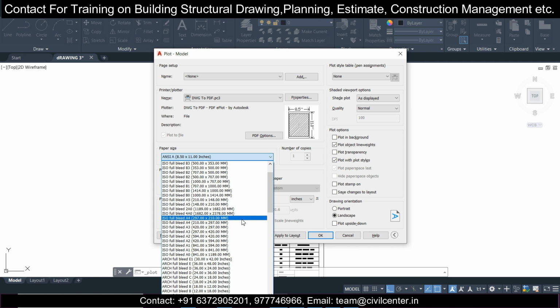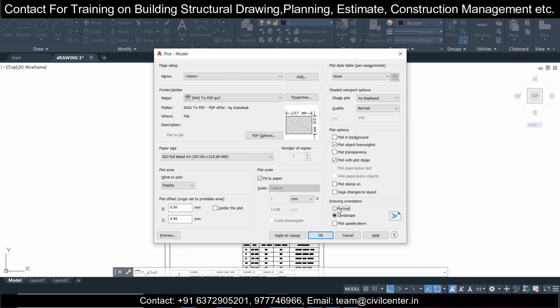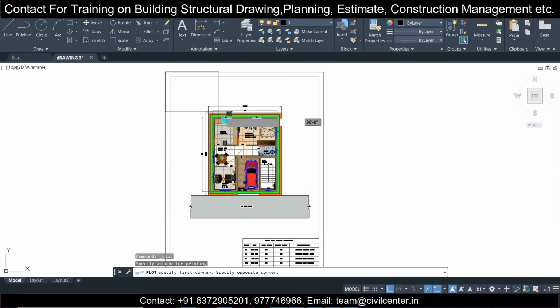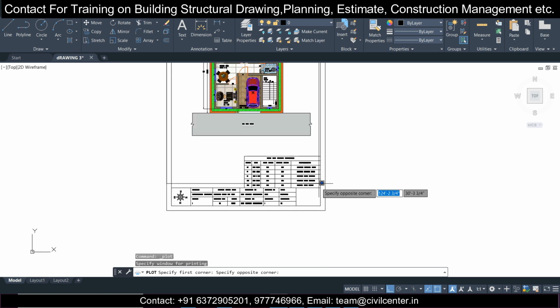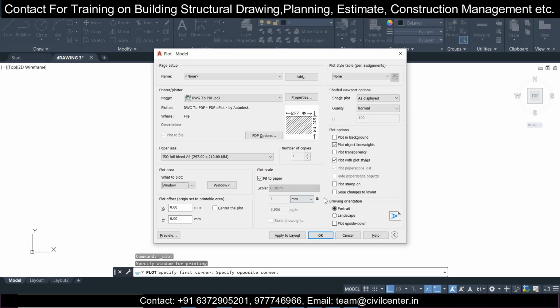This is the A4 sheet 297 into this one. Go for the portrait version, go for the window and select the full window here, and after that center the plot, go for portrait, and then just preview this.